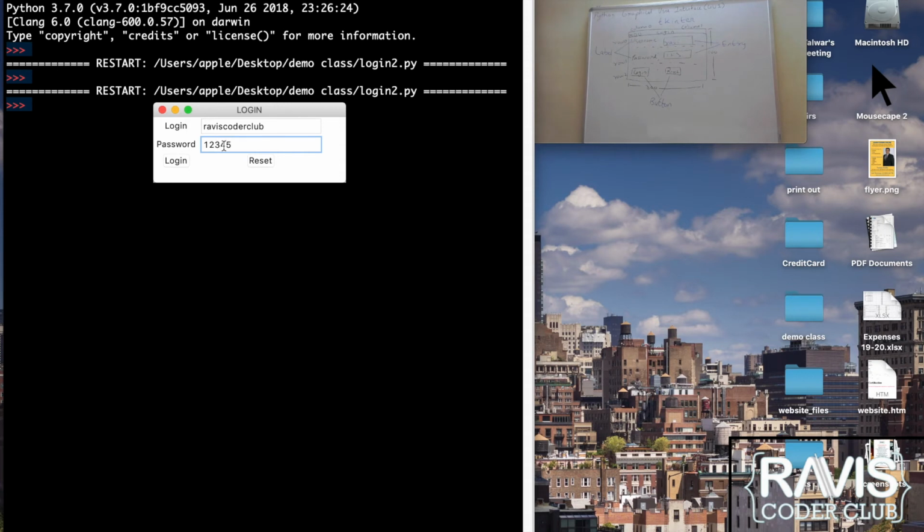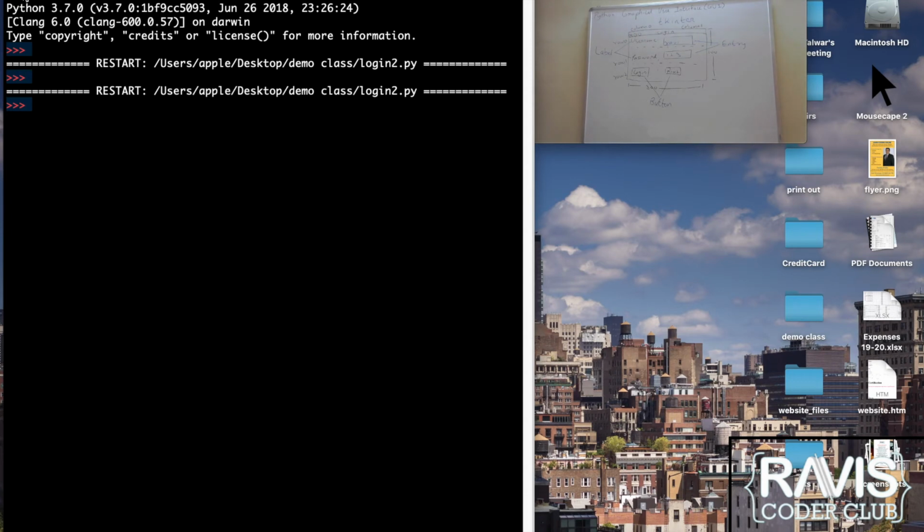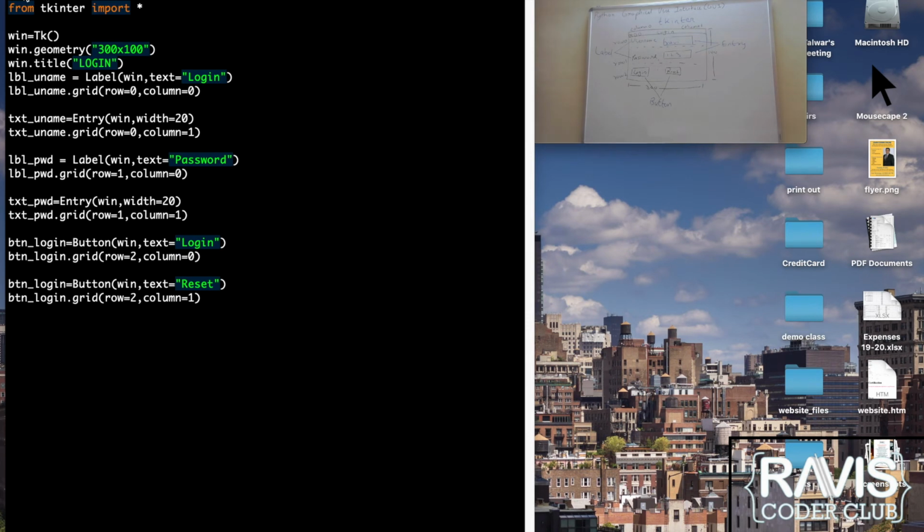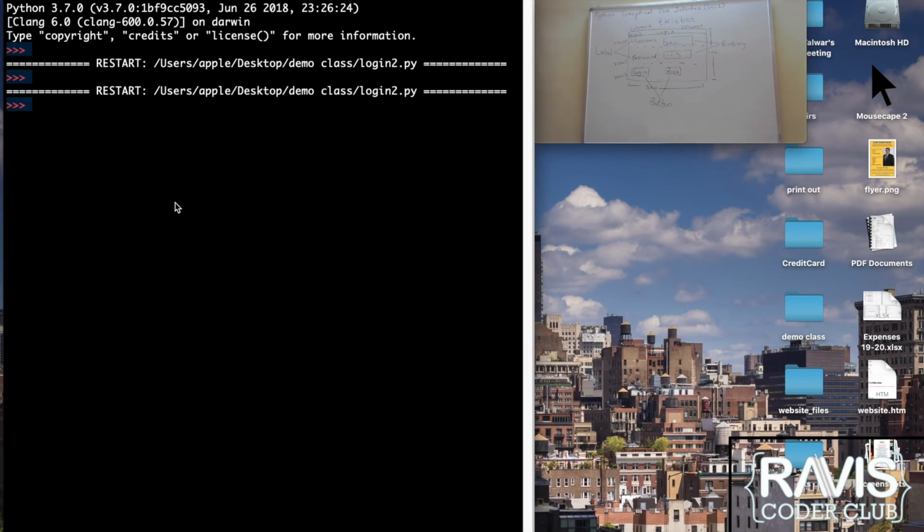Now there are two improvements we can do here. If you see the password, it is 12345 and it shows up on the screen. For it to not show up, I can do something. When you put your password on your website, stars appear or dots appear, right? The password is not visible. So I'm going to change here. In the txt password, I'm going to add in a property show equals to asterisk. Oh, you can put X also. Okay. So whenever I type in a password, X's will come.